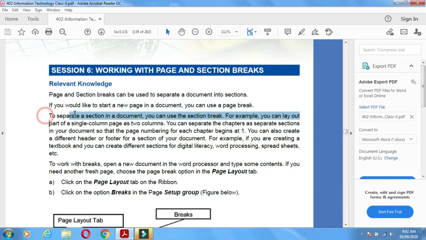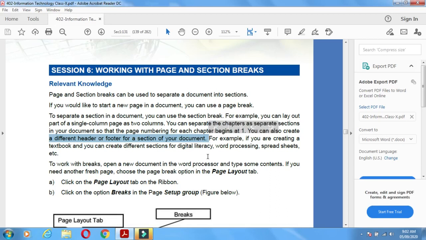Now, to separate sections in a document, you can use the section break. For example, you can lay out a part of the page as a single column or two columns. You can separate the chapters as separate sections in your document so that the page numbering of each chapter begins at 1. So you can create different headers and footers for sections of your document.